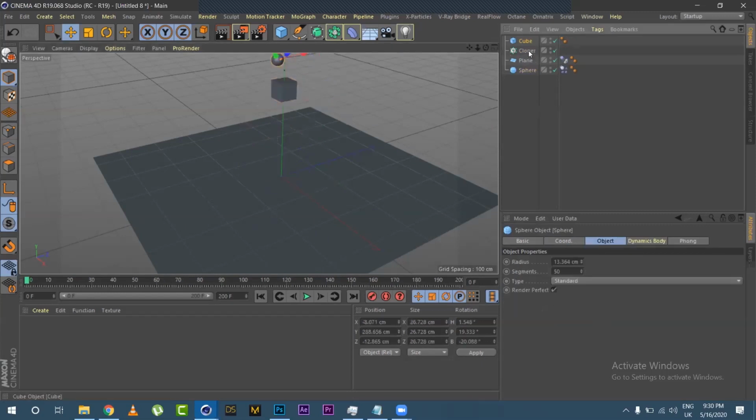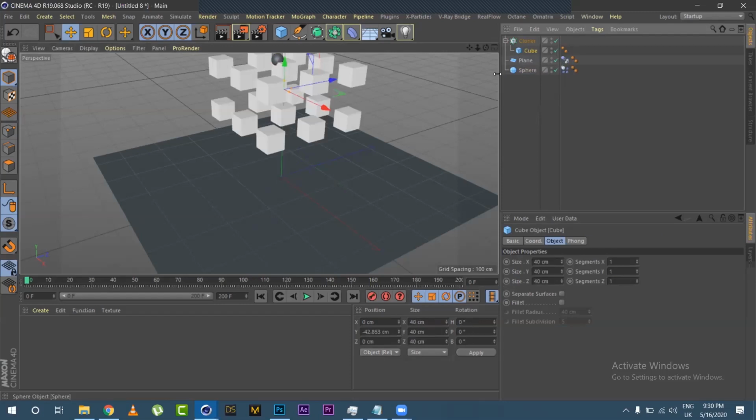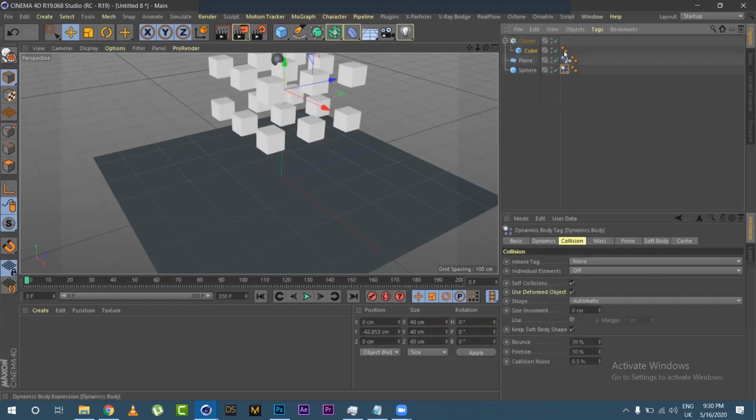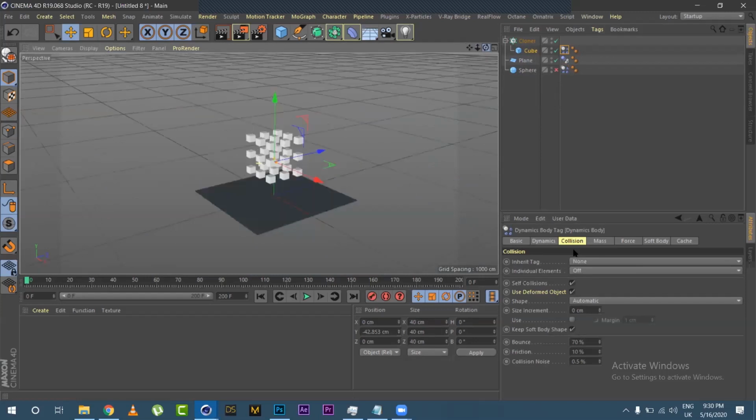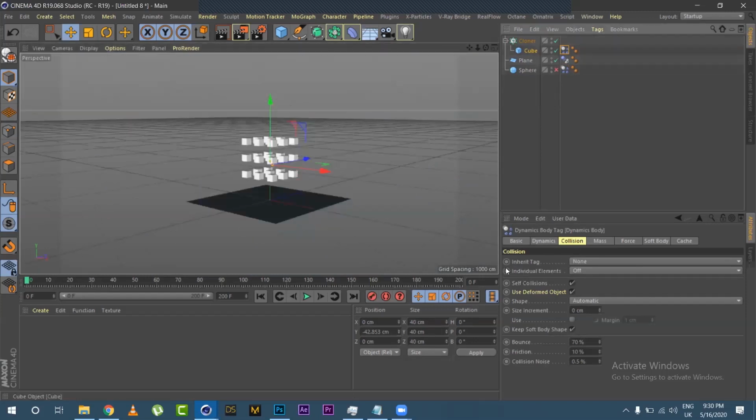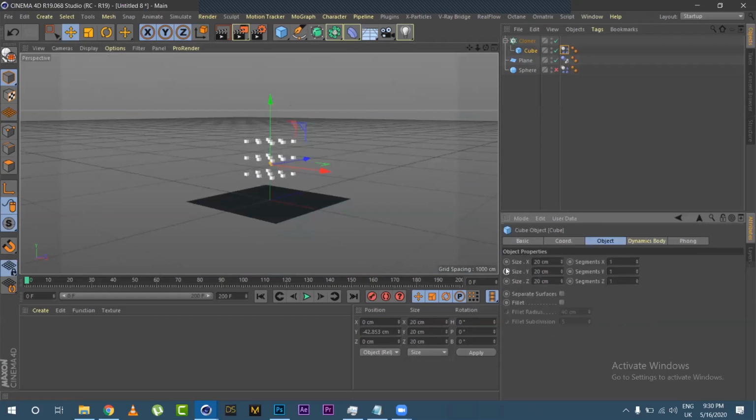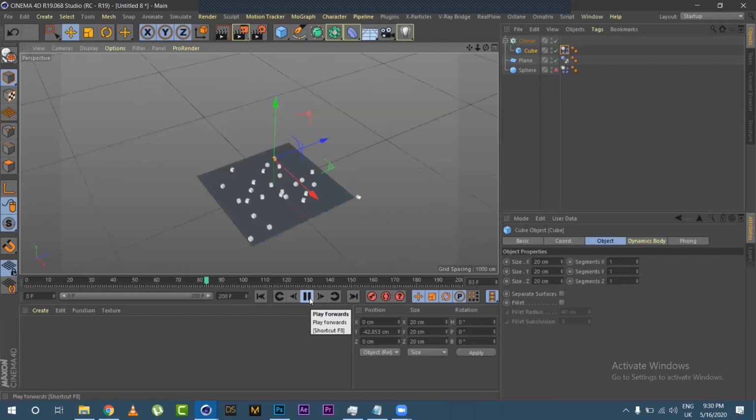And to copy a tag from one object to another, you hold Control and then you drag it to the other object and it will be copied onto it. So I'll just send it to the sphere. So for the boxes, I'll just reduce the dimensions of the box a bit. 20, 20, 20. Yes. So now, if you play, see how